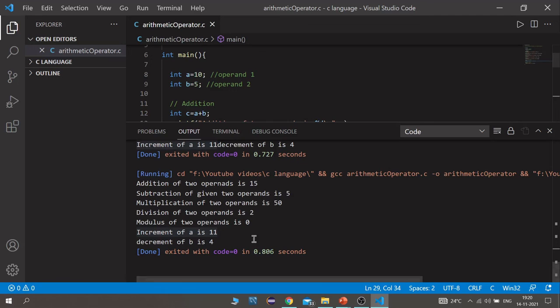So 5 twos are 10, so division is 2, but the modulus is the remainder when we divide the numbers, so the remainder is 0 because this 10 is divisible by 5. Then increment operator, we have incremented the value of A by 1, so it is 11. Then we have decremented the value of B, so the value would be 4.